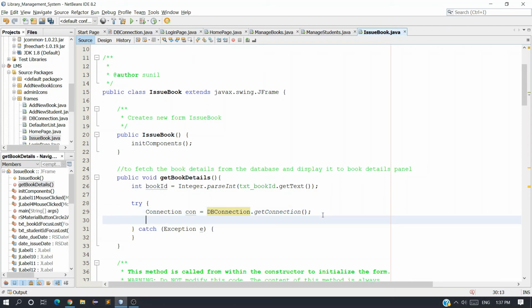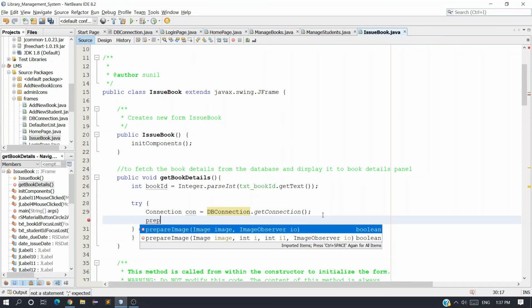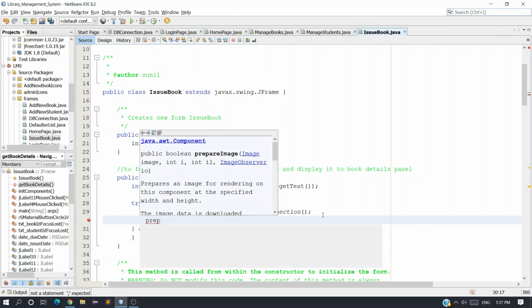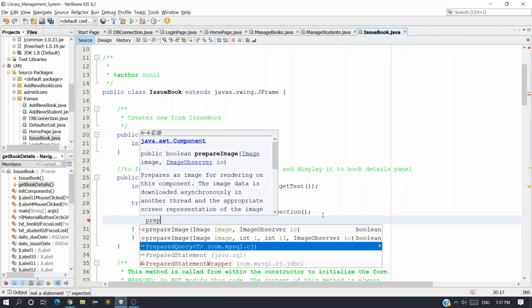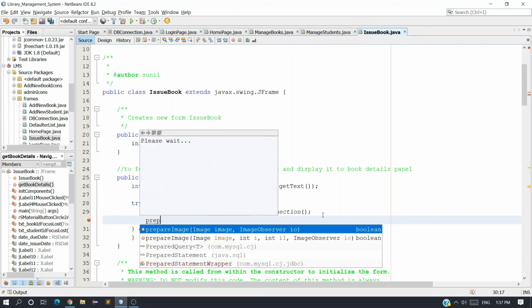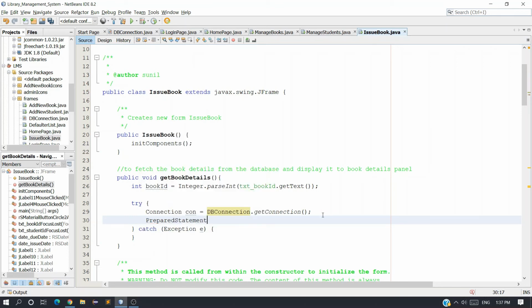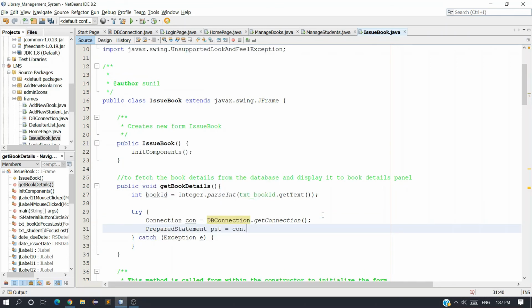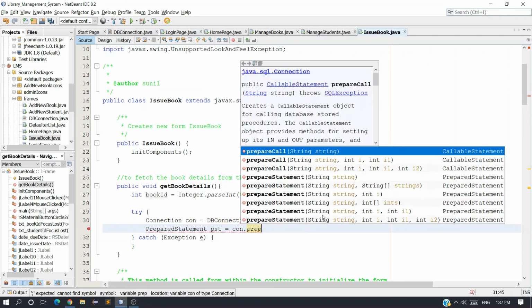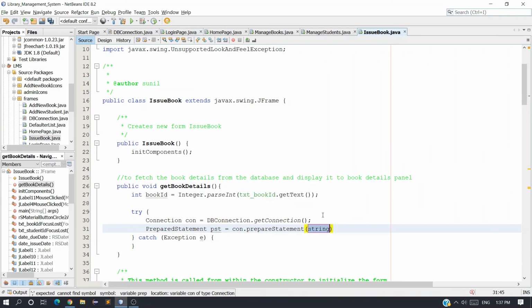So, next we have to take a prepared statement, pst is equal to con.prepareStatement, and here we need to insert the query.